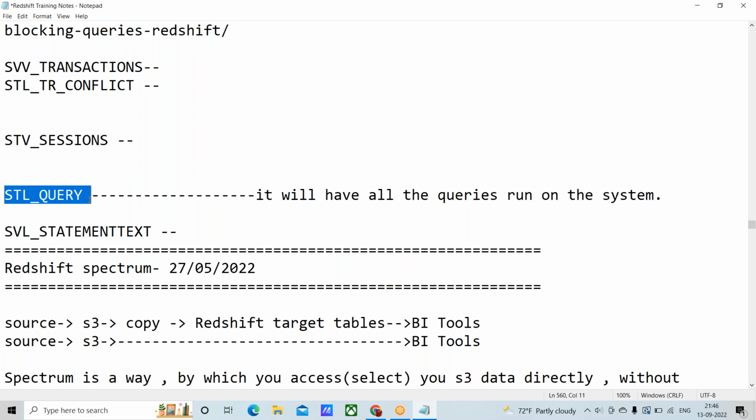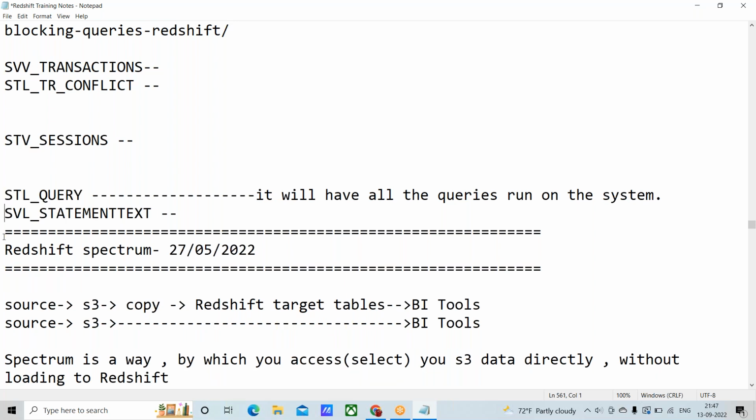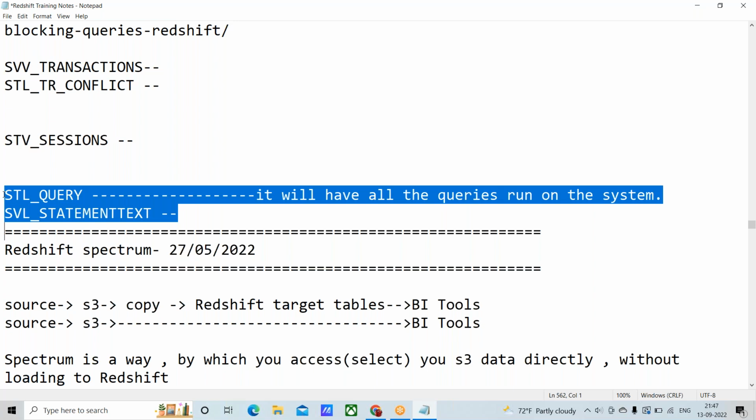For example, yesterday one query ran long. Let's say over the weekend, some query ran long and it had an impact. As I said, your manager asked you to troubleshoot. Then you can query STL query and STL statement text. Both will have the query text. So these two will be used to get the query